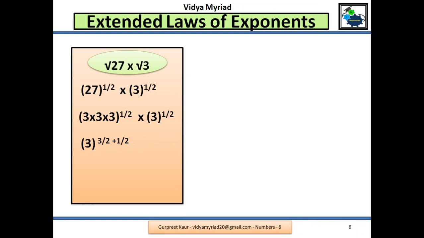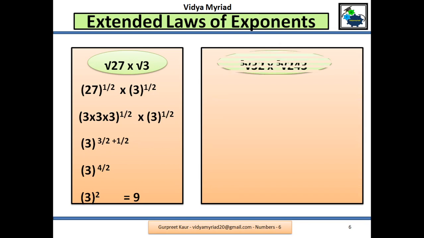Now from where I have got 3 by 2, don't get confused here. It means this 3 is 3 times. So in short, I will write 3 raised to power 3, the whole raised to 1 by 2, which will get multiplied. So I have written directly 3 raised to power 3 upon 2. And I know the powers will get added. So 3 by 2 plus 1 by 2. When I solve this, it will become 3 raised to power 4 by 2. Now 4 and 2 are divisible. It will become 3 raised to power 2, which is equal to 9.